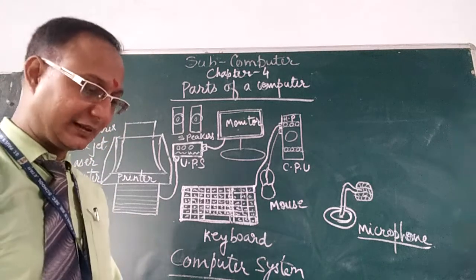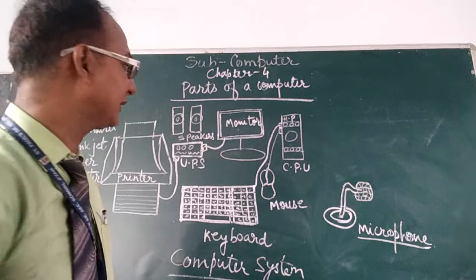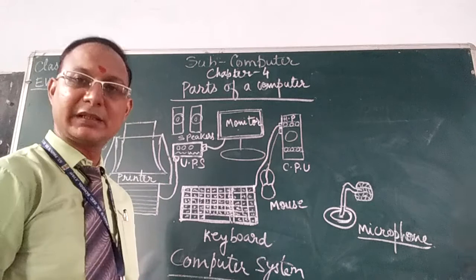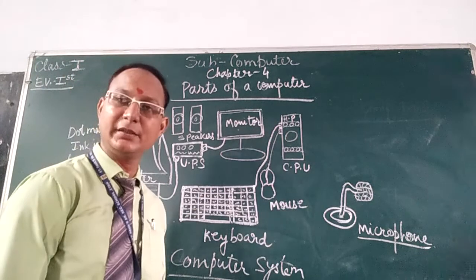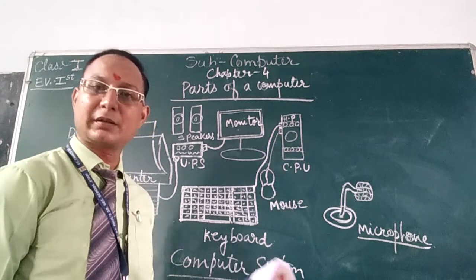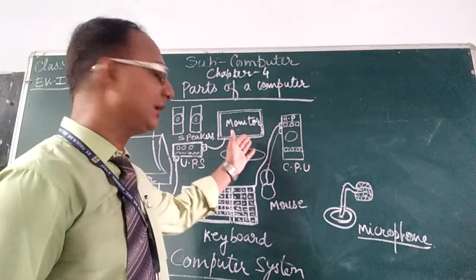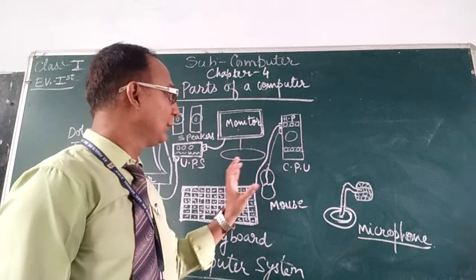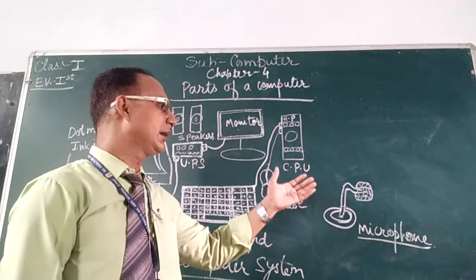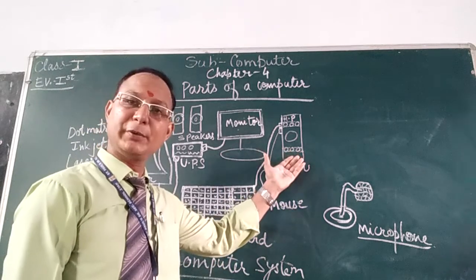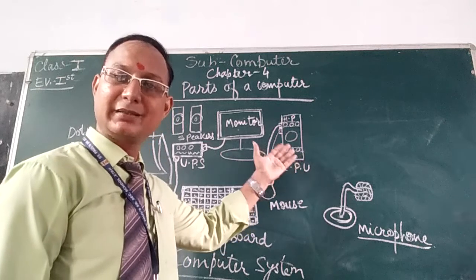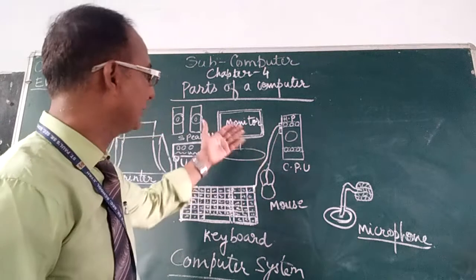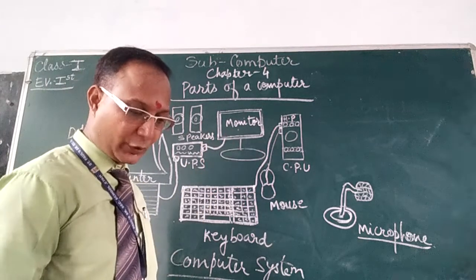It is used to display the desired result after processing is done by the CPU. Means, what we type, we can see on the monitor screen. We can see anything we work on in the computer monitor. When we have done something, it is saved in the CPU, the processing device, and after the work is processed, the result is displayed on the monitor.